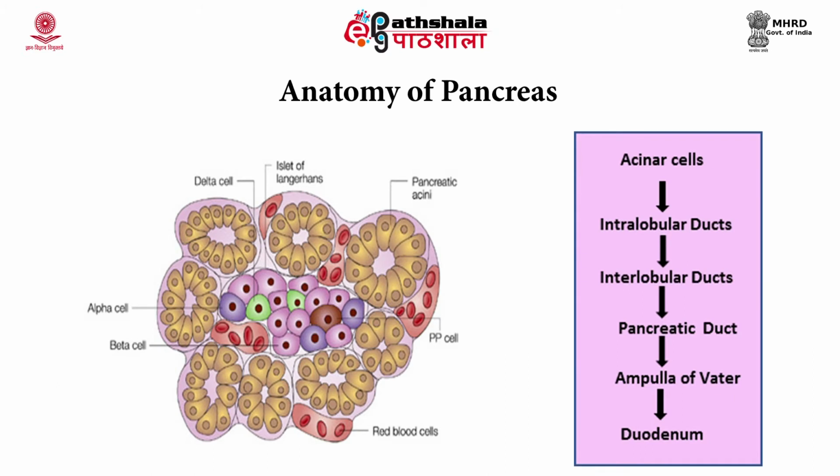Most of the pancreatic mass is composed of exocrine cells that are clustered in lobes or acini divided by connective tissue, and 1 to 2 million, or 1 to 2%, tiny clusters of endocrine tissue called islets of Langerhans or pancreatic islets. They are dispersed between the acinar tissue. Each islet of Langerhans is only about 0.3 millimeter in diameter.